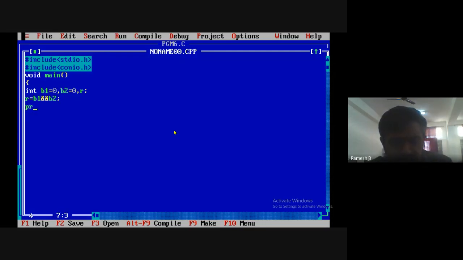Now we'll print this. printf result is %d, comma r. Now I'll close this, getch, close this. Here will come clrscr, clear screen.